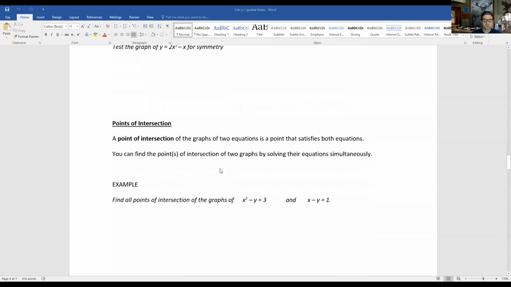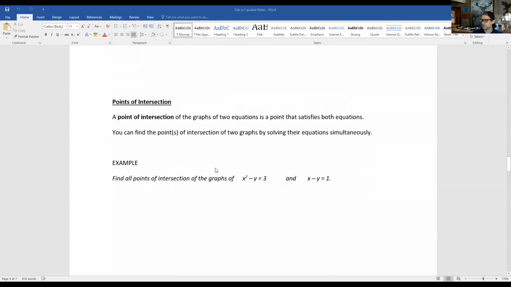So today we're going to do the second part of chapter P. We are in calculus here, so let's jump to our notes. I'm going to screen share them here right now. So we did the test for symmetry. Today what we're going to do is look at points of intersection and talk about how this stuff relates to